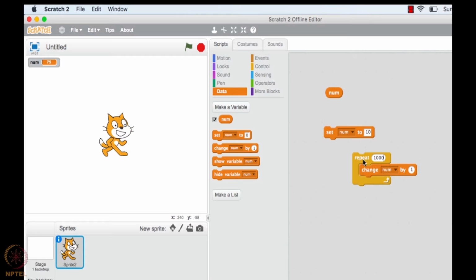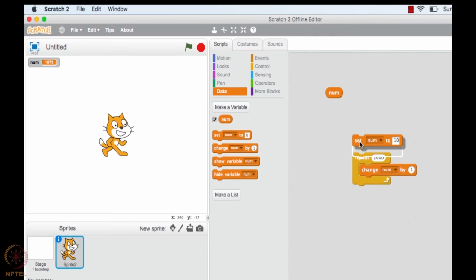Now ready? Let's double click. Double clicked, quickly this became 1075. That's why computers are very fascinating, and programming a computer is all the more fascinating because the power is in your hands to make it compute, and it computes really fast, very fast. Correct? Okay, so now let me do something.